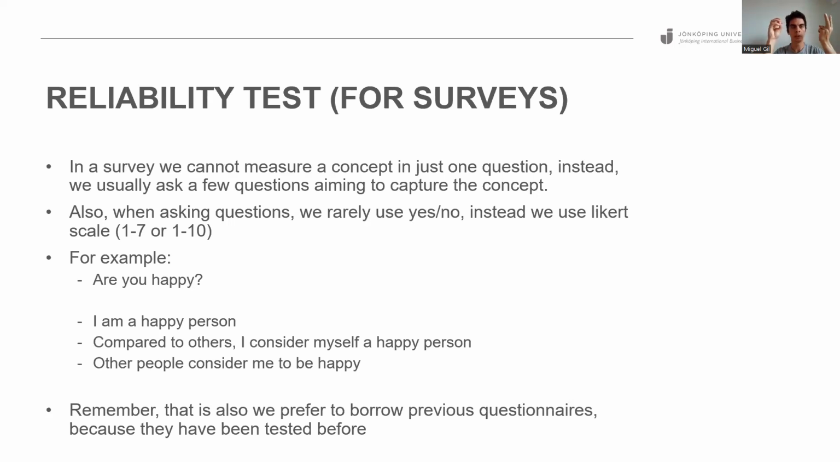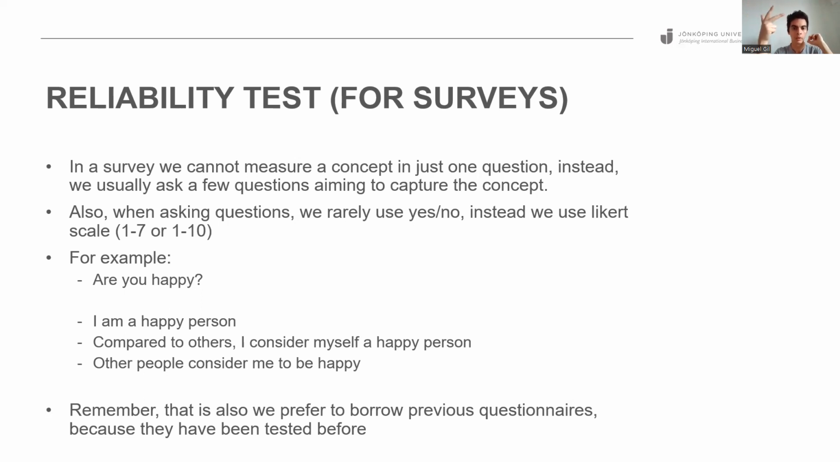And second, when we try to collect data regarding a concept that is very important for our hypothesis, we usually also do not ask a yes or no question. So we usually use the Likert scale, which is very famous, where you rank from 1 to 10 or 1 to 7, depending on how strongly you agree or how you answer that question. So two things to remember. We usually do not use one question, and we usually ask not yes or no, but more like a scale. The third thing that you need to know is that when we construct a questionnaire or a survey, we do not